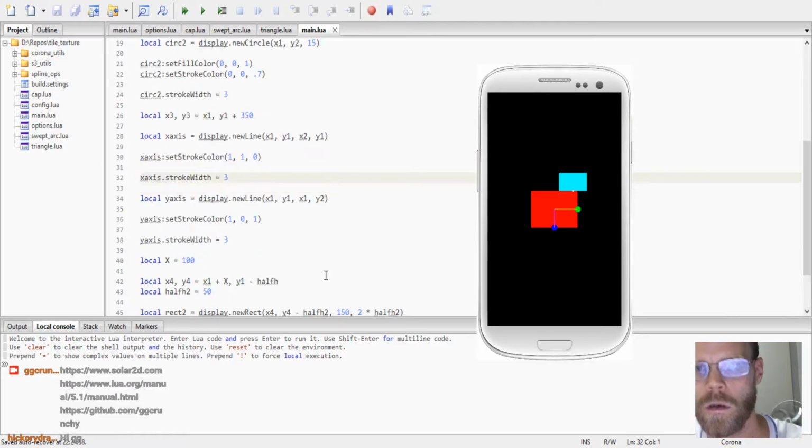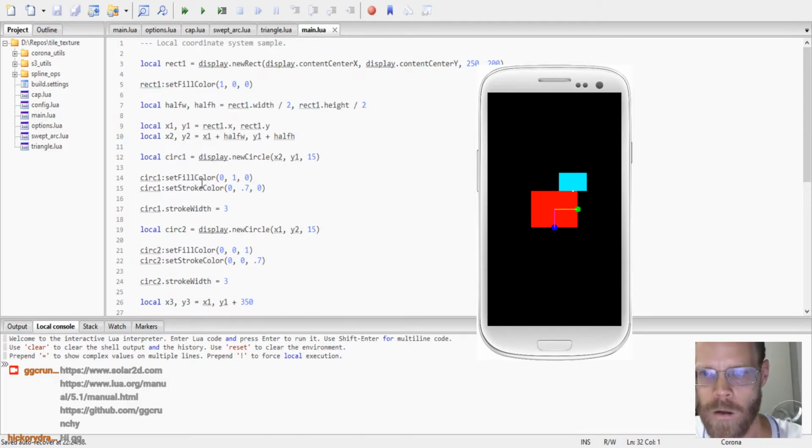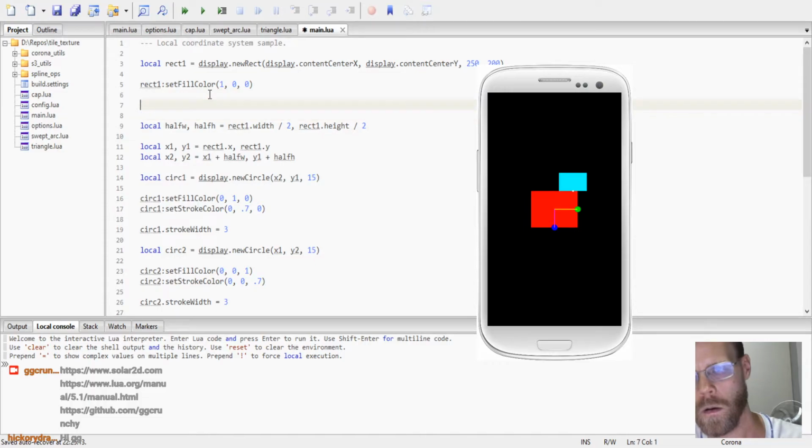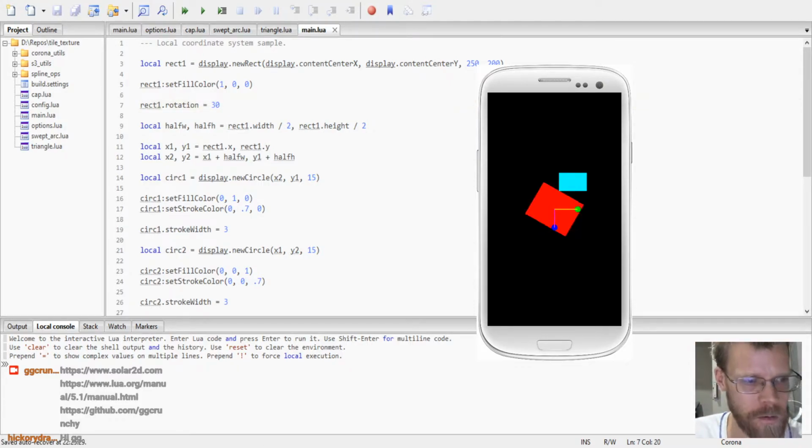So, for instance, rect 1 rotation to 30 degrees. And this breaks everything